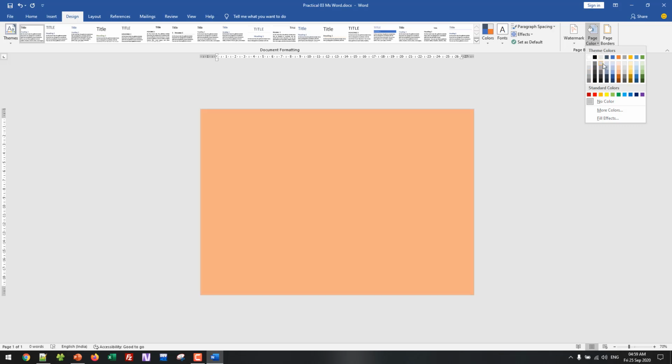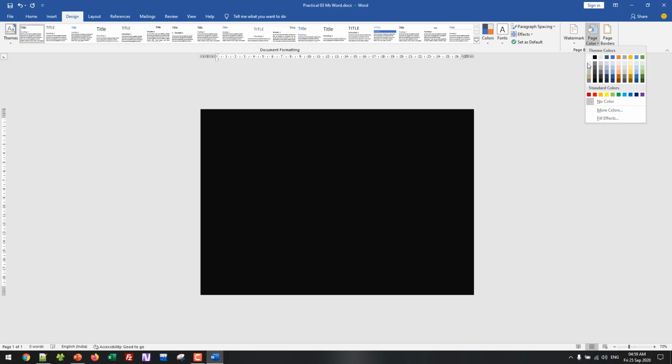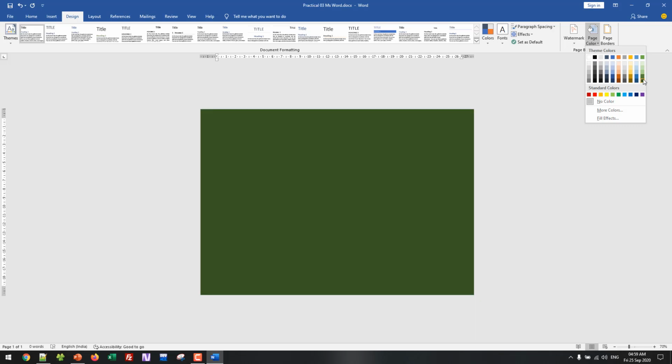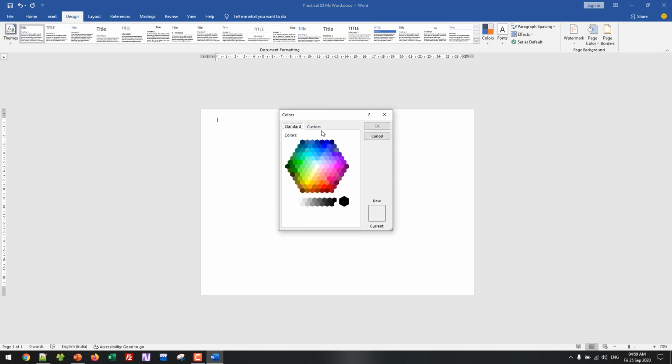And this is the palette. In computer science we call it a palette, a collection of different shades of colors. These are the shades of green from light to dark, and we can have more colors using this option. We can choose from this palette, or we can make our own. And this is the hue, the intensity of light, dark or light. We can create our custom color as well,